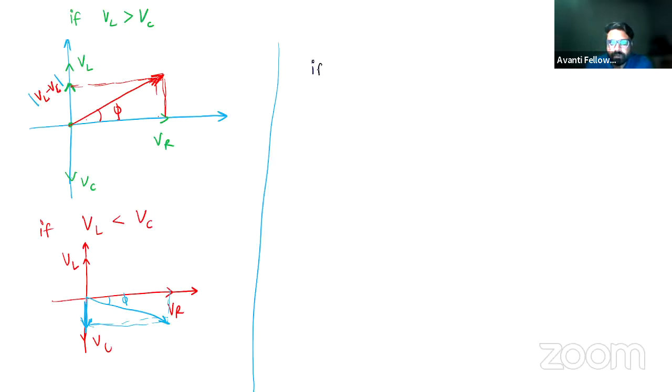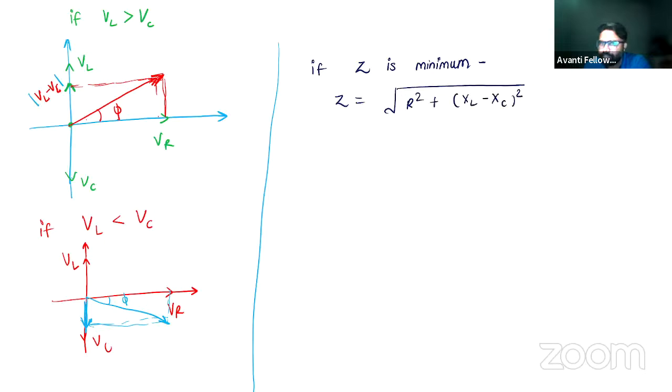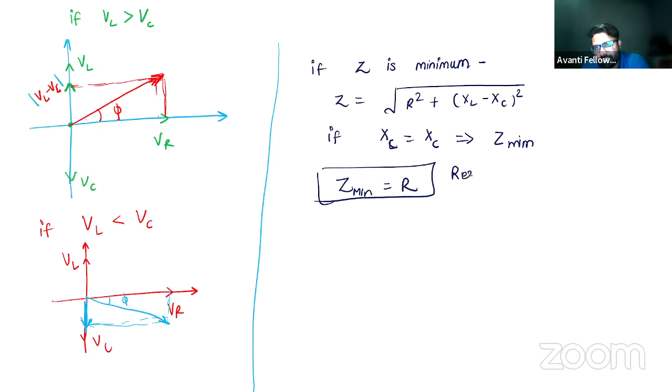if Z is minimum, अब Z मिनिमम कब होगा, Z is given by square root of R square plus XL minus XC whole square। अब Z मिनिमम कब होगा, either this value will become zero if XL is equal to XC, then only the Z will be minimum। ठीक है, put the value, and what is the minimum value of Z, it is R only। This is the state of resonance। Now the circuit is in resonance state।